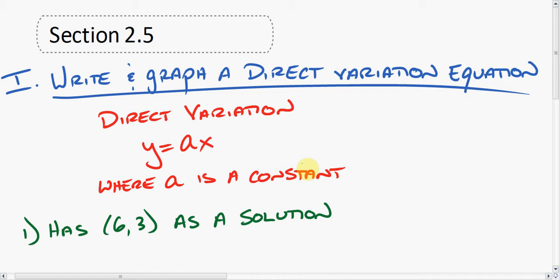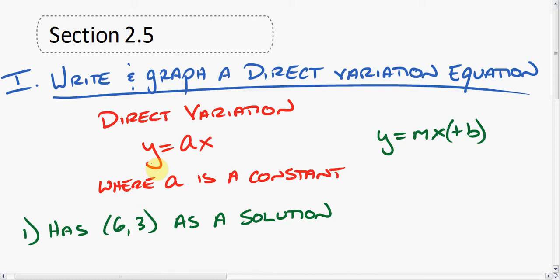Direct variation is essentially the equation, and it takes the form y equals ax, where a is a constant. That is the accurate formula for it, y equals ax. It's essentially the same thing as y equals mx plus b, but there is no b, where b is always going to be 0. So a is represented by the same thing as m, so it's kind of like slope. So that's our constant. It's always going to be a number. But when we're dealing with the equation, I'm always going to write y equals ax because that's the standard